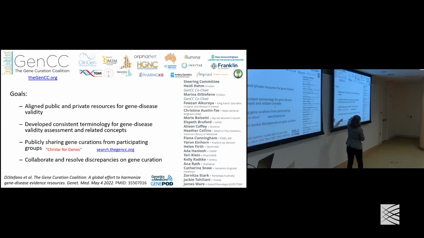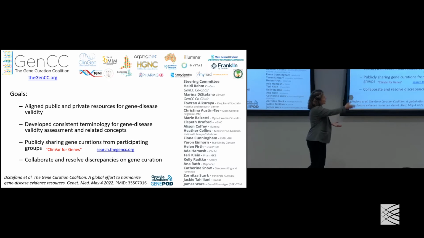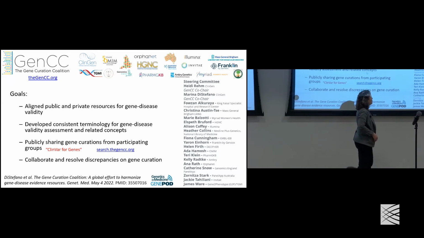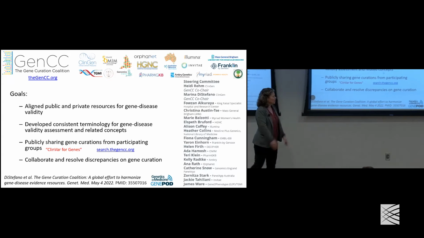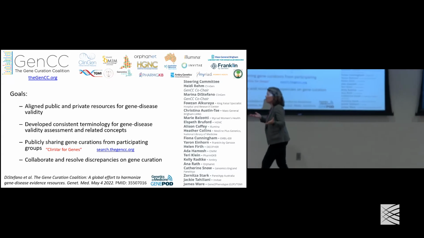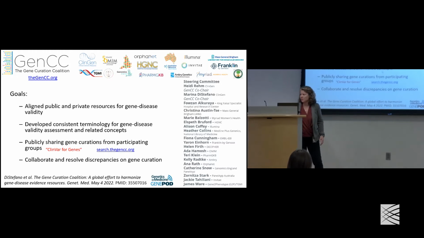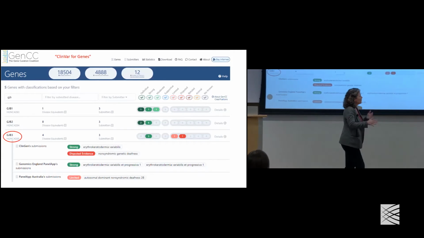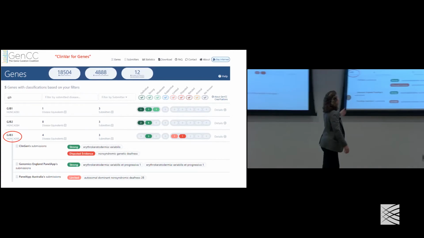But we launched this GenCC database, and we also recognized that there were a bunch of clinical labs that were doing all this gene disease curation also, in some cases using ClinGen's framework, just to decide which genes should go in their panels, and they were willing to publicly share that curation. So we got all of those groups on board, and everybody involved is up across the top, and we have a steering committee with representatives of all those databases. And so now we put all of this data into one database called the GenCC database. And there's a paper and a podcast if you want to hear more about it. Marina DiStefano in our group has led most of this work.